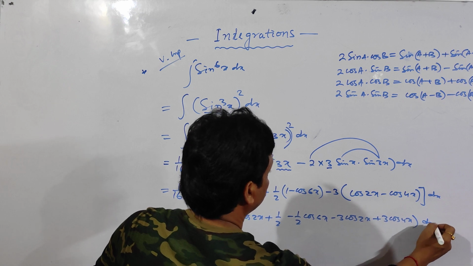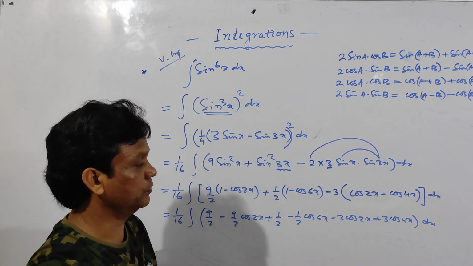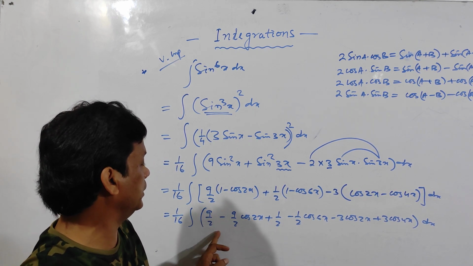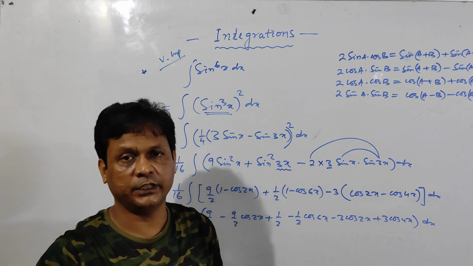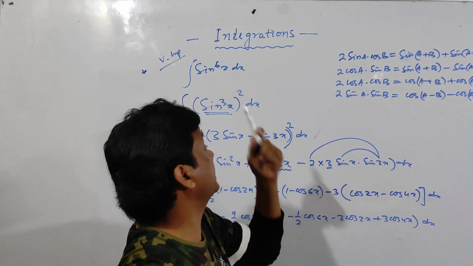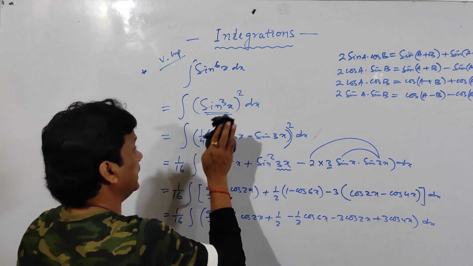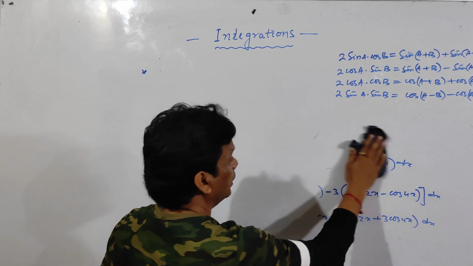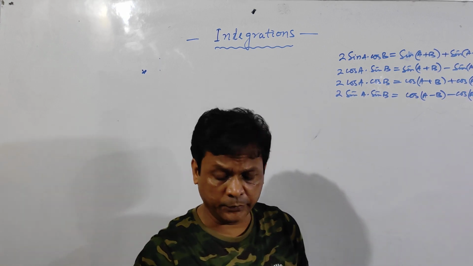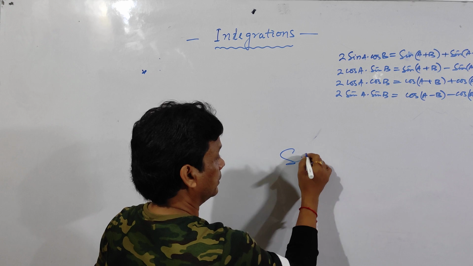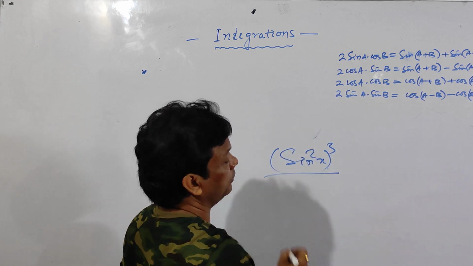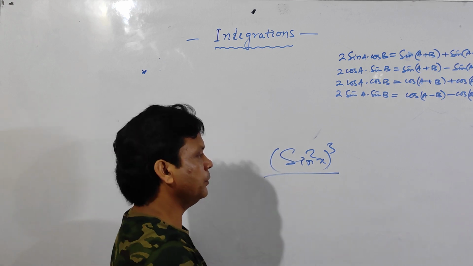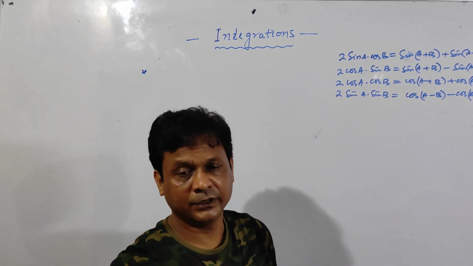Now you can do very easily. This is in the form of cos mx, this is cos mx, this is also cos mx, and these two get added. Okay. Similarly, you can do for cos 6x. And this is a special type. Instead of sin square x whole cube, if you write this one, it will be better. See here, within 4 to 5 minutes I have done it. And if you write sin square x whole cube, it will take 7 to 8 or 8 to 9 lines. Clear? And it will become very complicated.